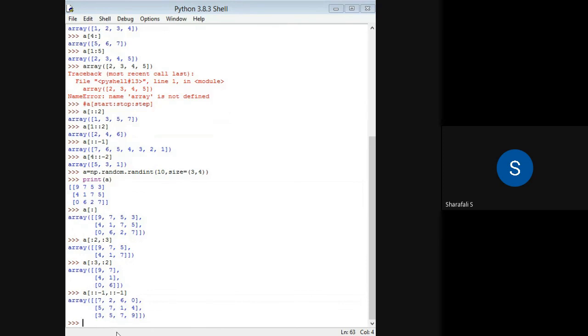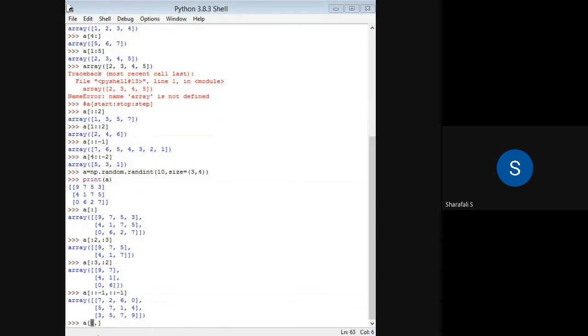Okay, and if you want to access a particular row or particular column, then you have to write it like A, and in square brackets you have to access all those rows. If you are using a comma, then this part is representing the row and this part is representing the column. After the comma it is the column, and before the comma that is the row. So if you are using a colon here, it means that you want to access the complete row.